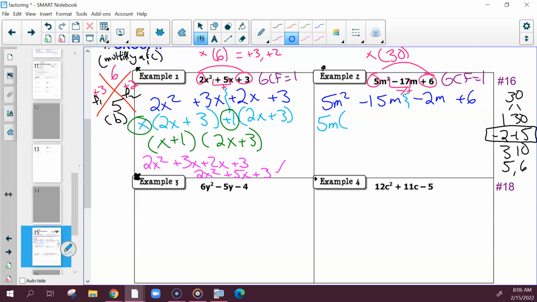We divide out 5 and m. What's left? M minus 3. What can we divide out of the last 2? Yes, but this is negative. Remember, whatever this sign is going to be the sign of this, so negative 2. And if we divide out negative 2? The 3 would be negative, yes. What else? Oh, m. And then m. And our 2 factors would be